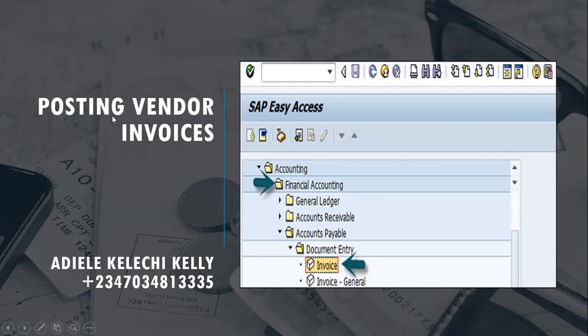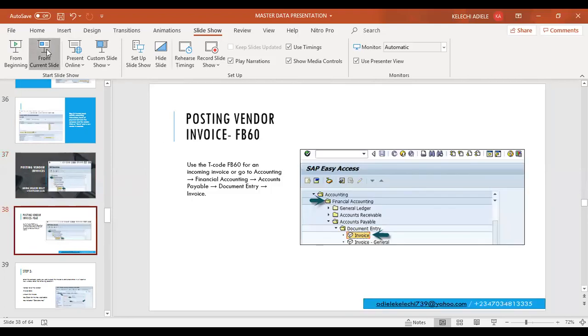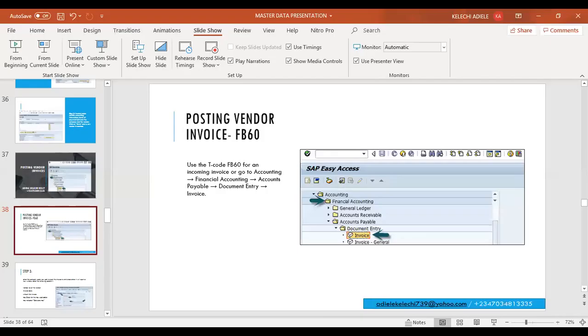So we're going to go now to the SAP system. Also, the transaction code to create a vendor invoice in SAP is FB60. You can also go through the menu path, which I'm going to show you now in our SAP software. So you either enter the transaction code FB60 at your command bar, or you go through what we call the menu path, or you can create that transaction code as a favorite. Just go to favorites, insert transaction,